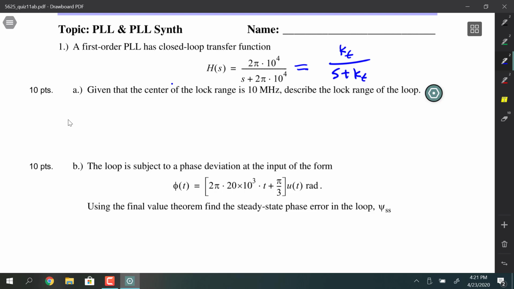So what we learned about the first order phase lock loop when we were first studying it is that the lock range is running from kT minus kT over 2 pi up to,